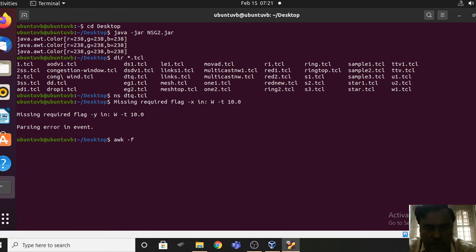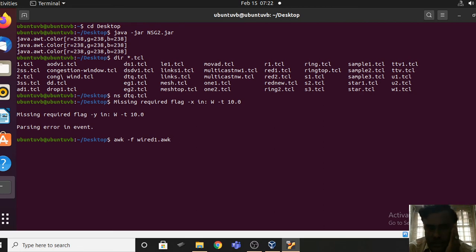awk -f, then the name of the awk file which analyzes these quality of service parameters, void1.awk, space.